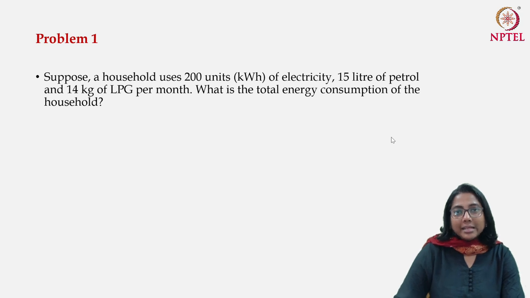The second thing that you have to notice is that the consumption of petrol of this household is 15 liter per month. Now 1 liter, we usually take it to be equal to 1 kg. So this conversion is 1 to 1. This also we have discussed in our previous lectures. And the third is 14 kg of LPG per month. When you get the LPG cylinder for domestic use, in most cases you will see that the weight mentioned there is 14 kg. So this is the amount of LPG that you use in the normal cylinder. Now we have to do something in order to convert all of them into one unit of measurement. Let us have a look at how we are going to do it.